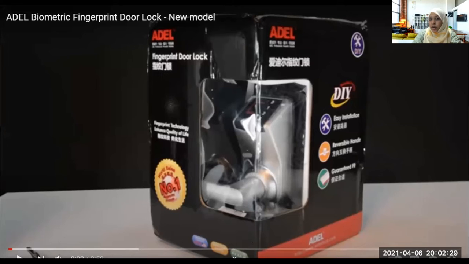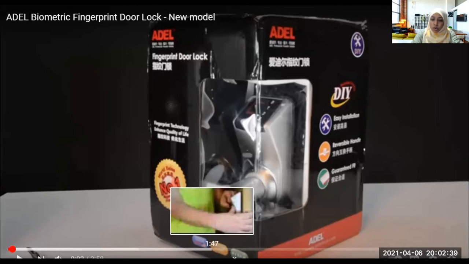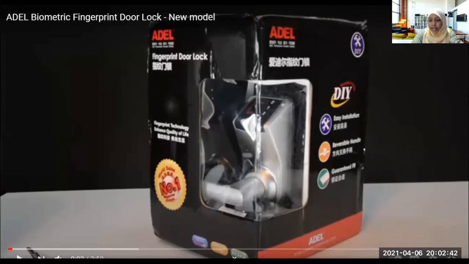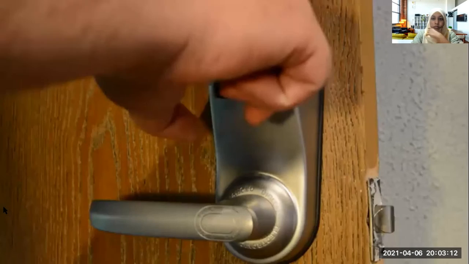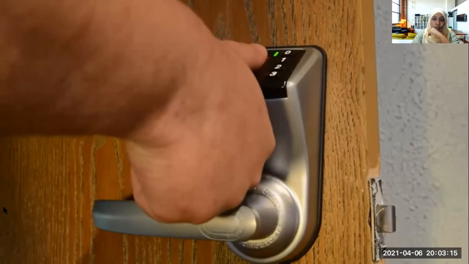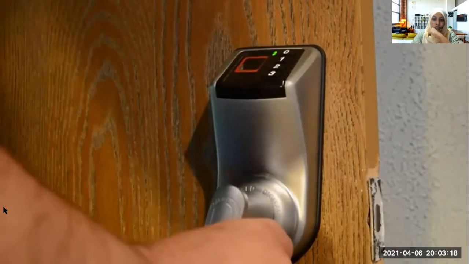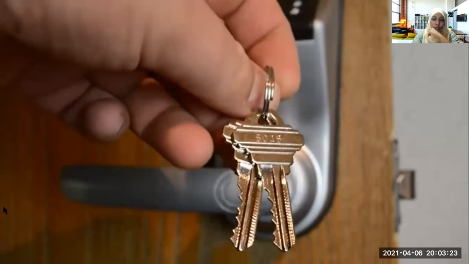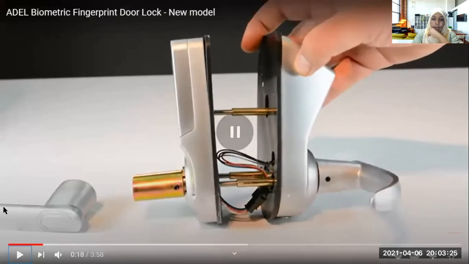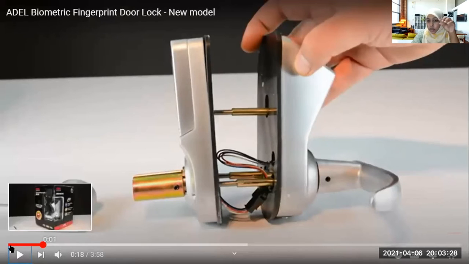Now look, this is a biometric fingerprint door lock. So when you want to open a door, you should open it like this. This is a digital biometric fingerprint door lock, and this is a 3-in-1, so it will open the door by reading your fingerprint or by entering a code or by these spare set of keys, just in case for some reason you just can't get in. So guys, this lock, you can use a password.